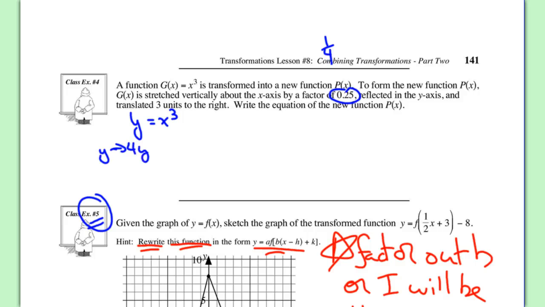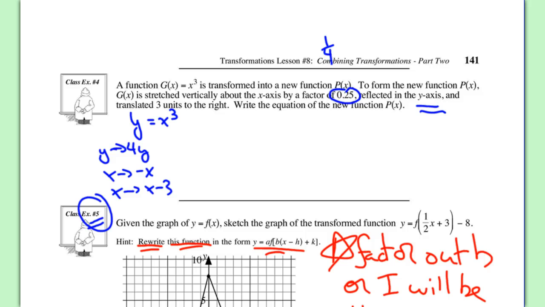Also, if I'm going to reflect it in the y-axis, well, then I better replace x with minus x, and if I'm going to move this thing 3 right, I better replace x with x minus 3. And again, you really have to be careful how you put this all together, because if you kind of